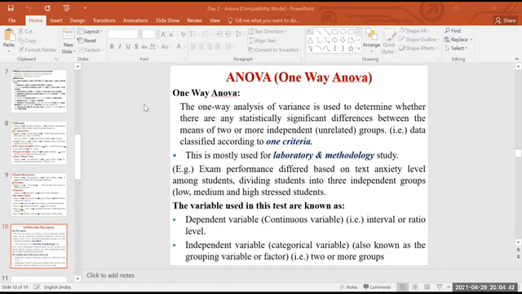For example, you want to collect the sources of identifying the product. How do you know that the product is available in the market? What is the source of knowing about the product? You can list some sources: advertisement, through friends, online, television. Like that, you can list out the sources.